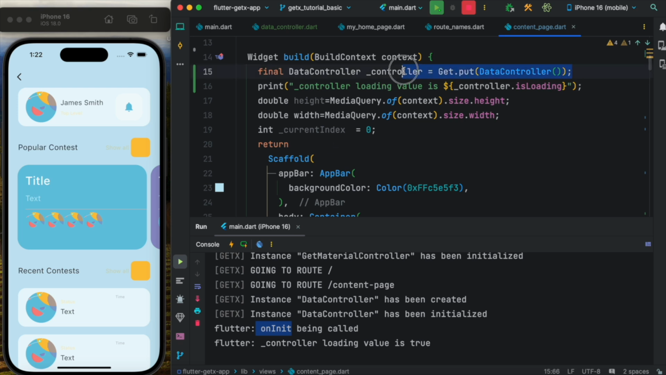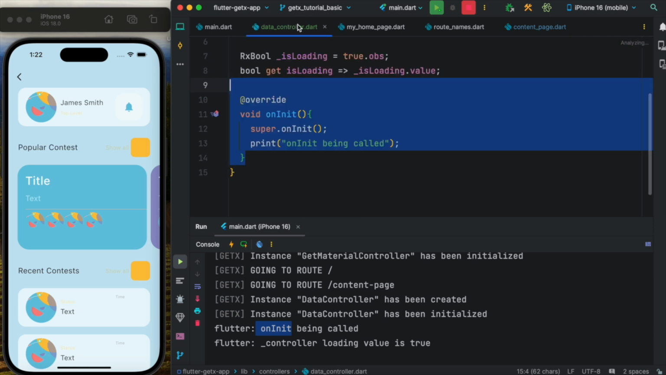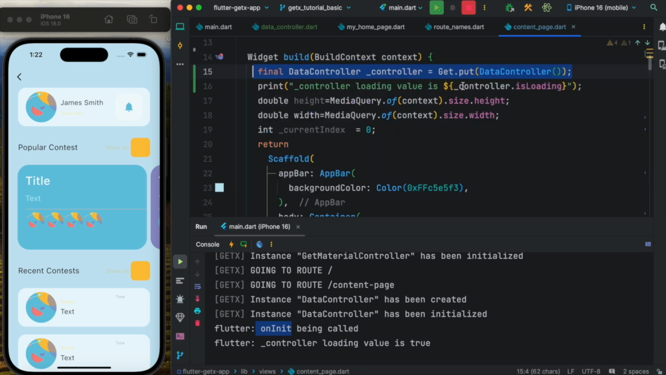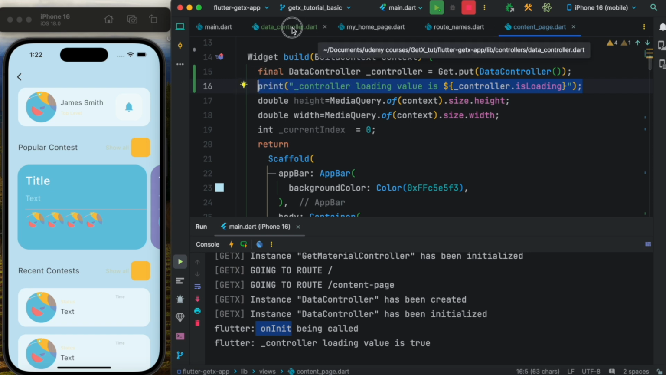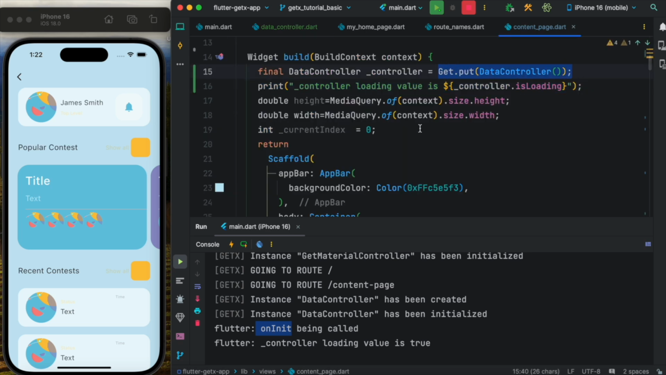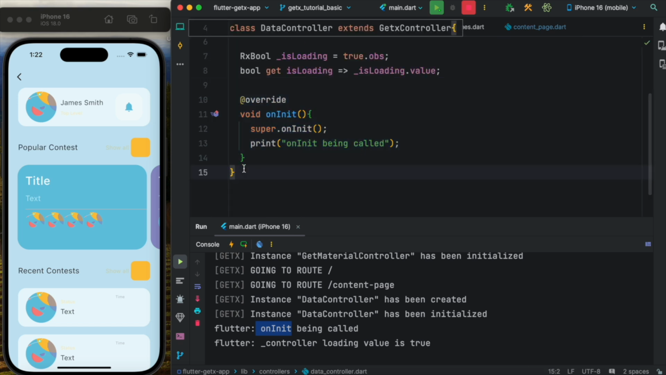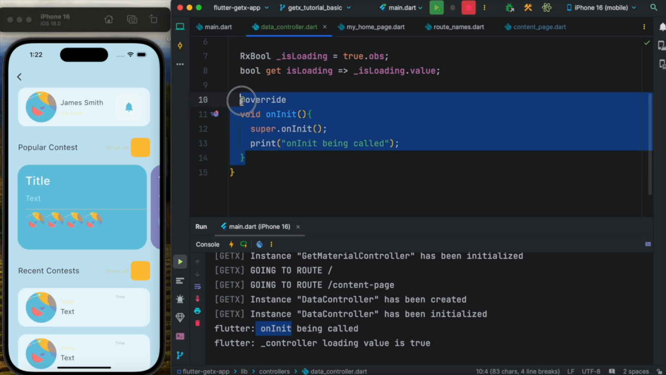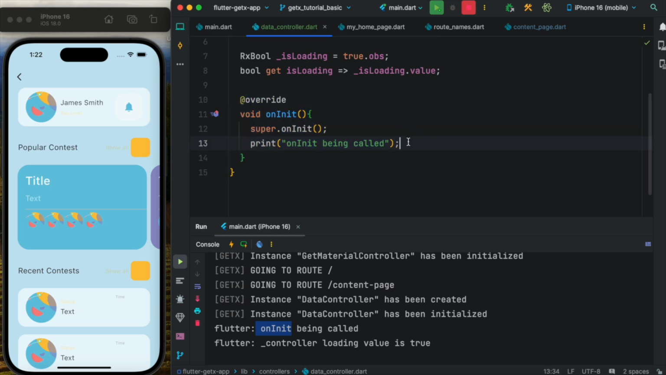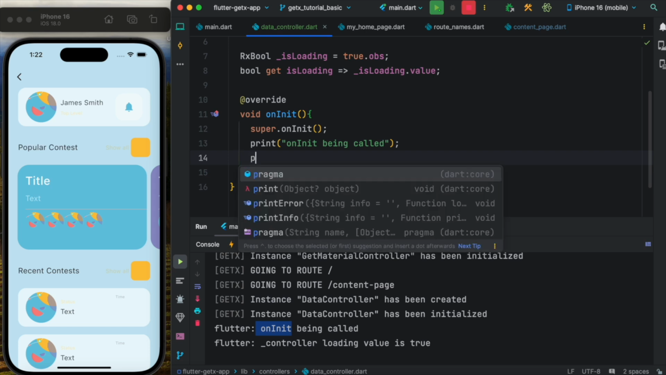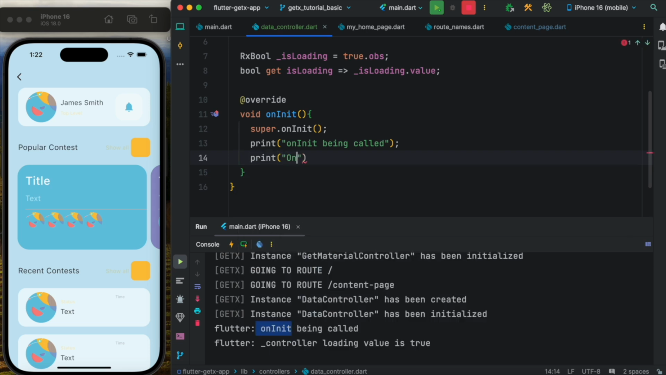As you see, whenever it hits this one, it is initialized and created, and then this one gets printed, and then this one gets printed. So we do see that the order is like the controller's onInit method always gets called first whenever you have a line like this. Okay, all right. So this is a great place to initialize your data. Now here we could also say print, for example, onInit,